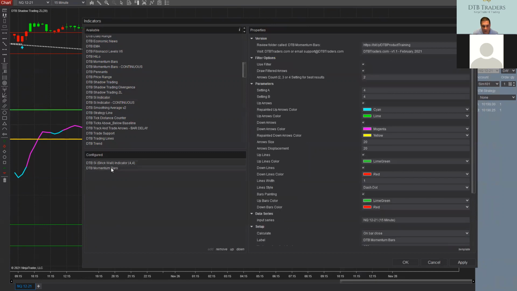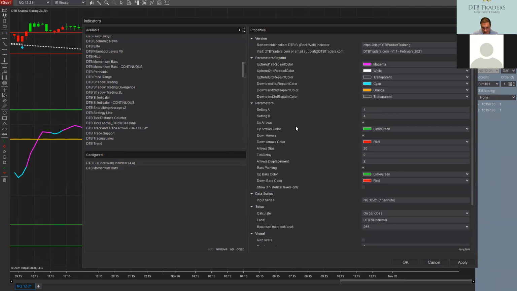So even though the momentum bars and the SI indicator have a setting A and a setting B, the SI indicator works on repaint. So as soon as a price crosses over that brick wall, it's going to change color, and that's going to count as a signal. And if the price drops below, it's going to repaint, it's going to change the color. And depending on a few other things like volume profile and time and sales, it's going to depend whether that signal is going to change. And if it crosses over again, it's going to